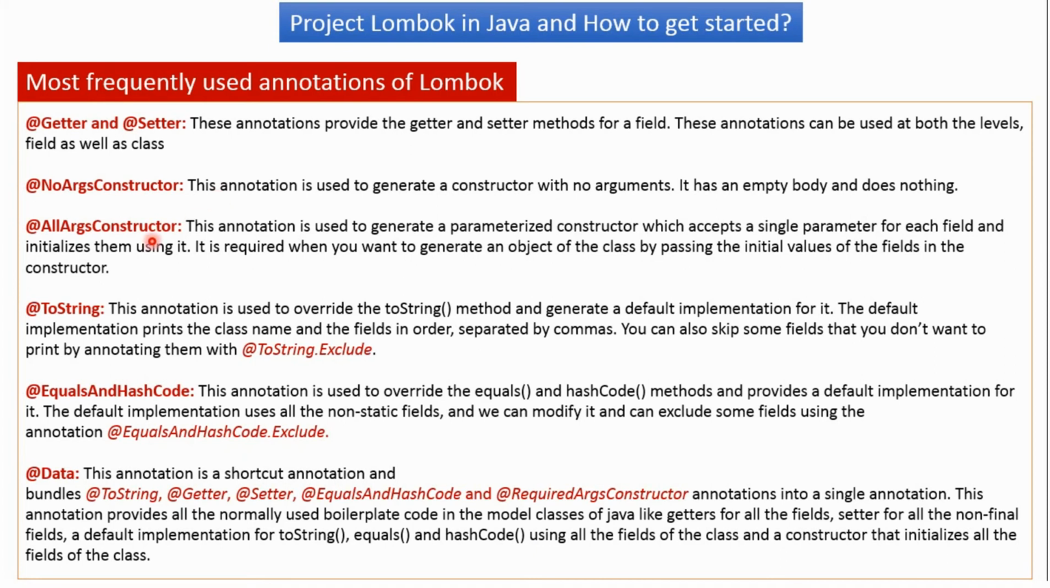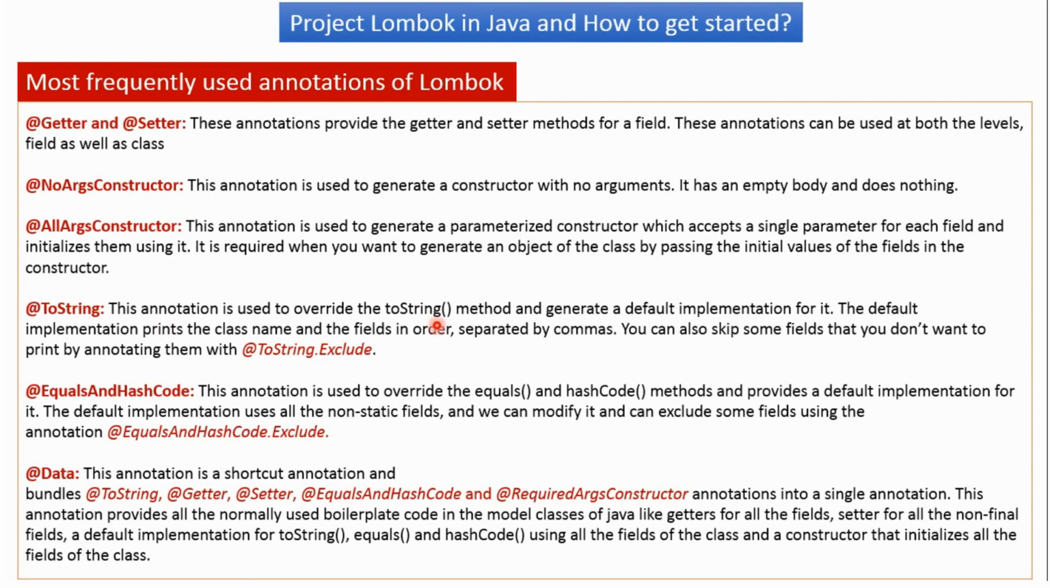Third one is AllArgsConstructor. This annotation is used to generate a parameterized constructor which accepts a single parameter for each field in the class, and it is required when you want to generate an object of the class by passing the initial values of the fields in the constructor. And the fourth one is ToString, and this annotation is used to override the toString method and